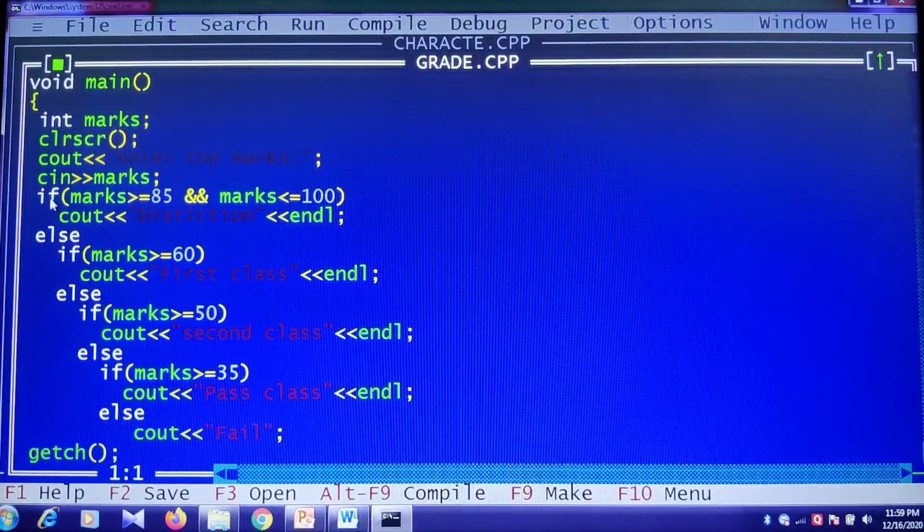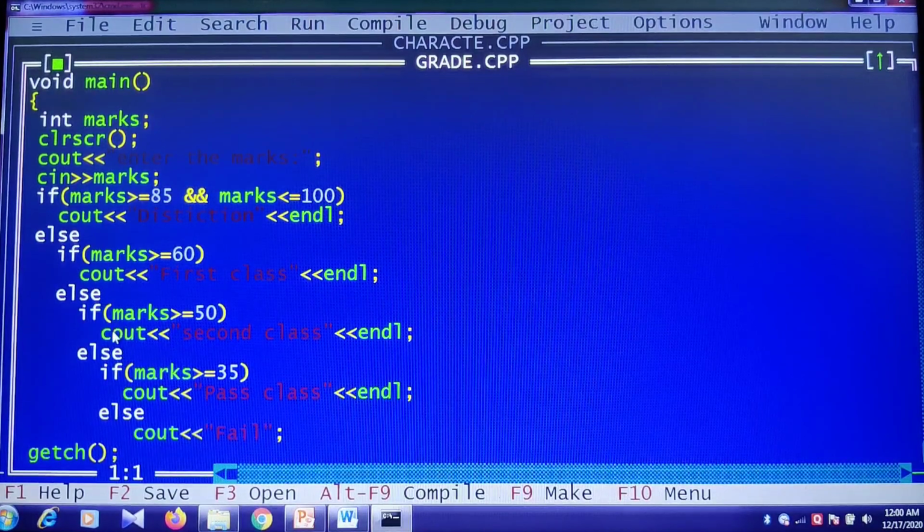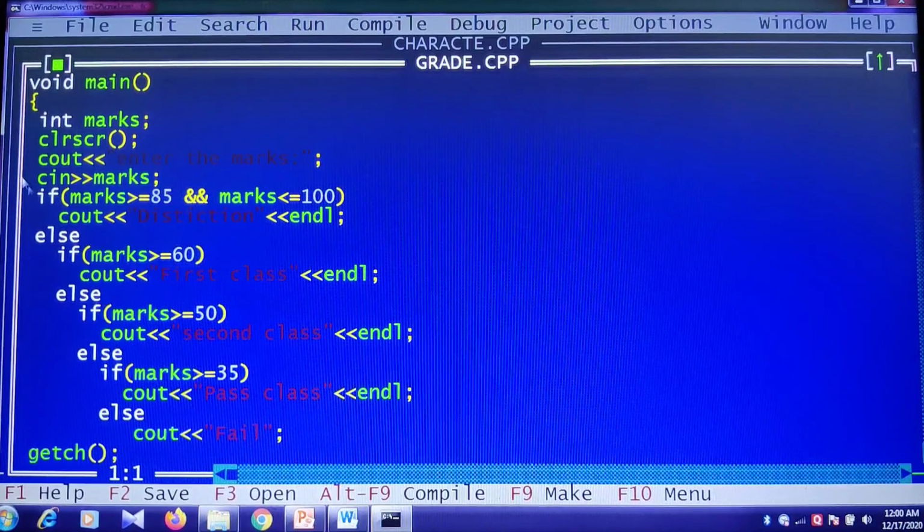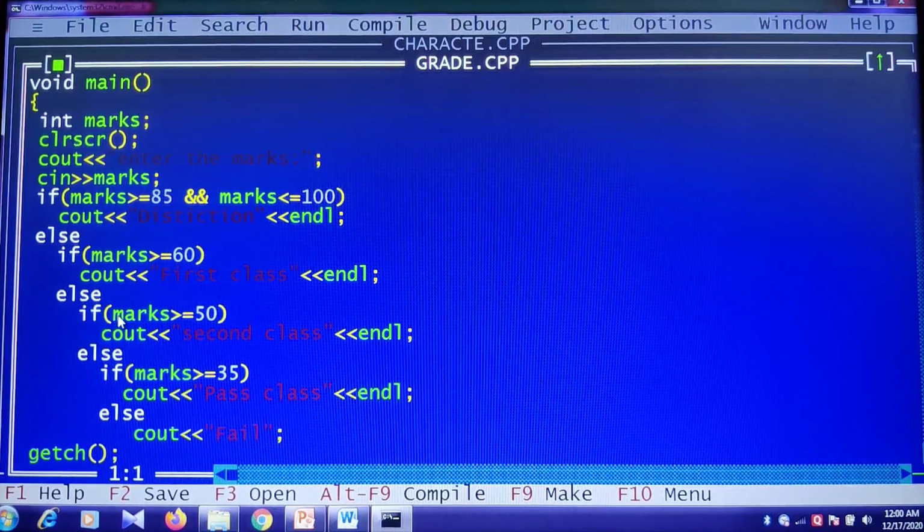Now can you see this? If else if we are having it continuous. So we have an if statement within another if statement. This concept is nothing but the nested if. So in nested if we have two formats. One is this format, and one more we have is the nested if else statement, that we shall discuss in the next video.